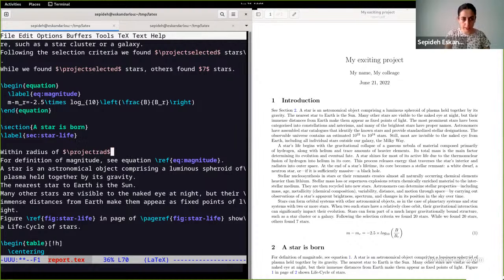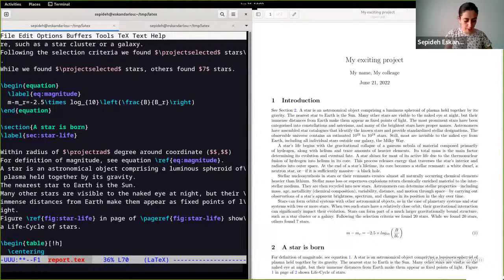Write it here within this degree around coordinate. Which coordinate? Please let me at first